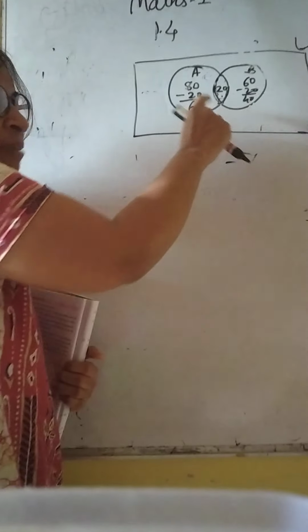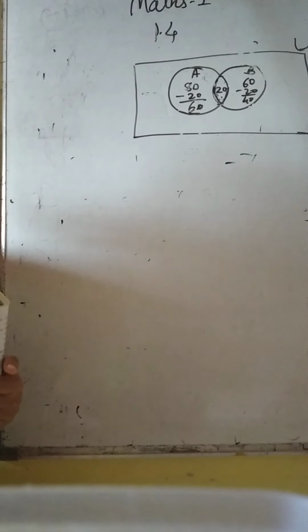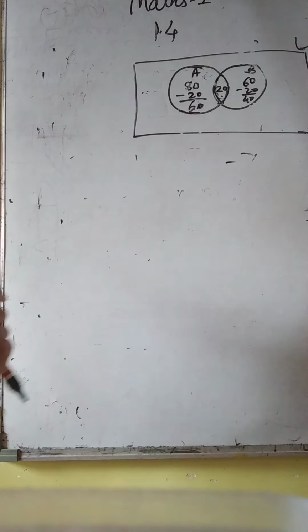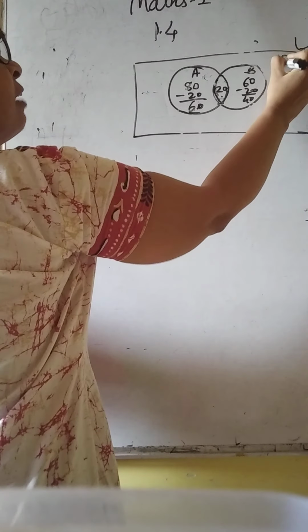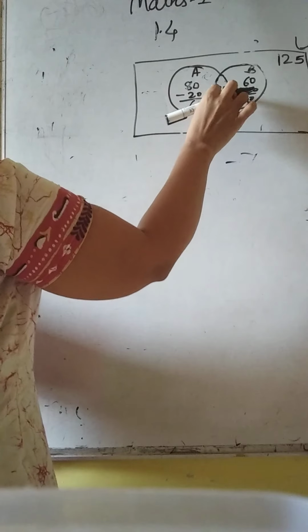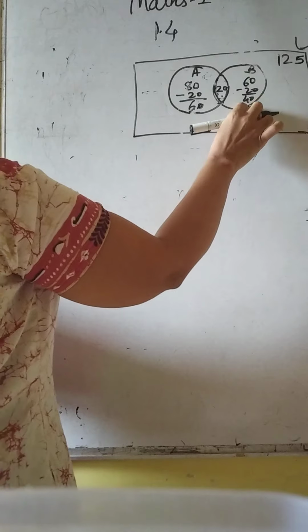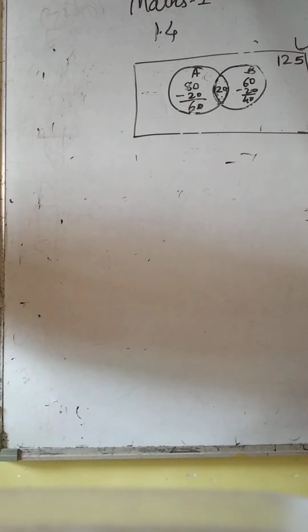So are you understanding this Venn diagram? See, I am taking more time in explaining the Venn diagram. Is this clear? Any doubts in this? No, Miss. Okay. Now another thing, children. This is the Venn diagram for our understanding. My U has all together 125 students, and here are 20 who drink tea and coffee both. These are the 60 who drink only tea. These are 40, they drink only coffee. Now, when I actually solve it, I have to write it down using set notations.